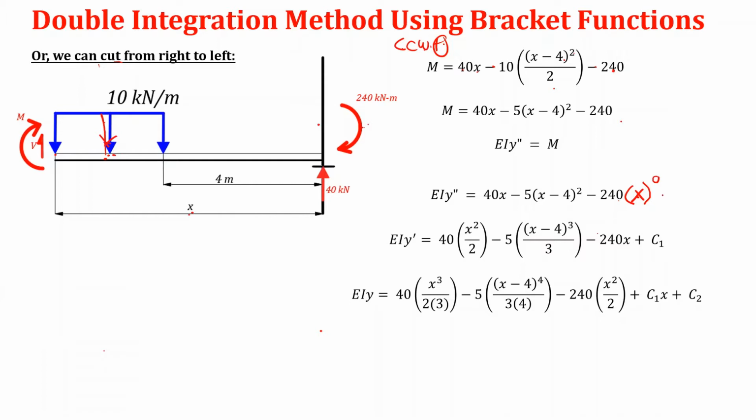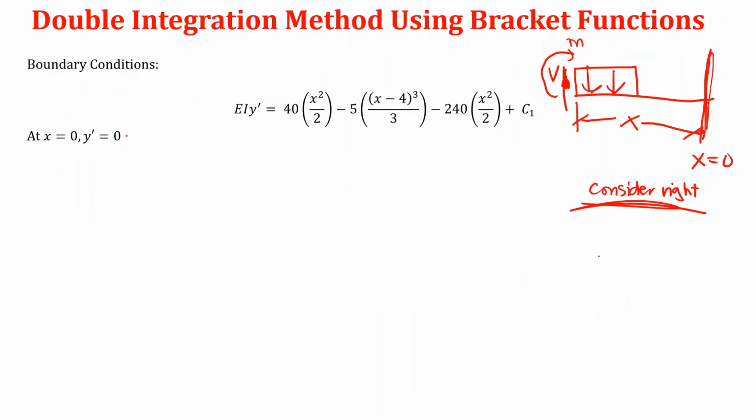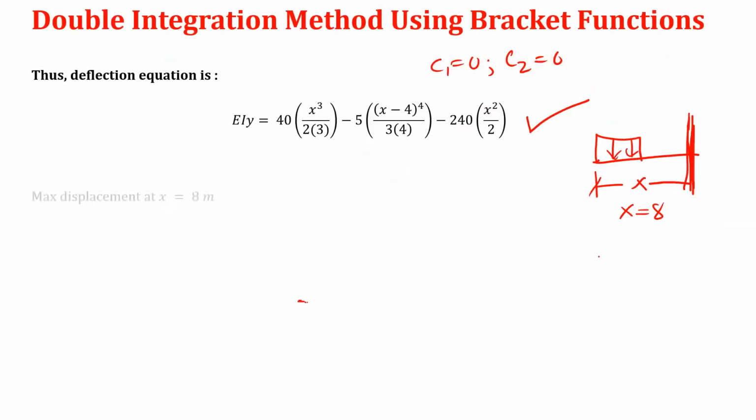Diba? So, we integrate it. So, 0 plus 1, 1 over 1. Diba? So, it's still 240 times x. That's what it is. Okay, so, in the previous example,